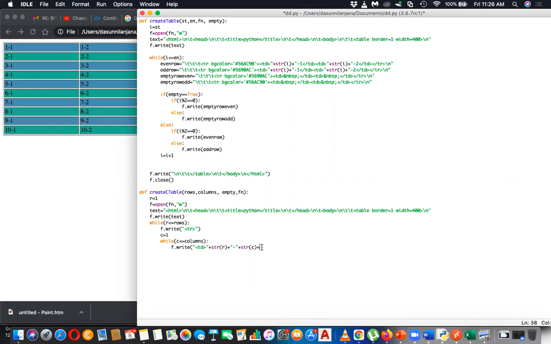Okay, after the column, what do you have to do? TD open, then write the content, row number and column number, then you have to close the column, TD close. Okay, then how to increase the column number? C equal C plus 1. You have to go one by one. Then after finishing the column, what do you have to do? The row started, and the columns were written. After the columns, what do you have to do? Finish